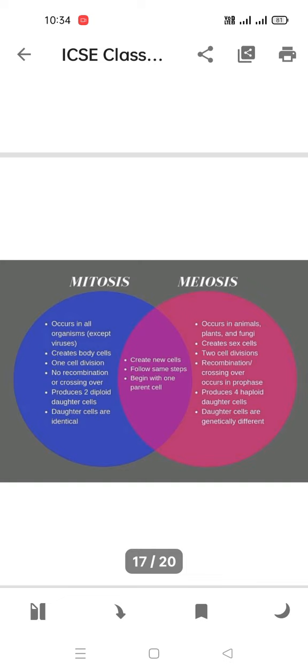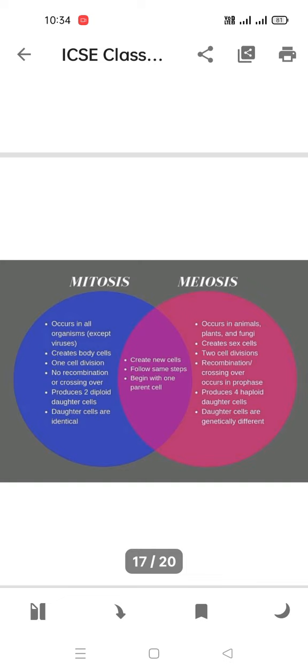नेक्स्ट माइटोसिस में क्या होता है? Produce two diploid daughter cells. वहीं मियोसिस में 4 हैप्लॉइड डॉटर सेल्स प्रोड्यूस करते हैं। माइटोसिस में 2 डॉटर डिप्लॉइड सेल्स होते हैं, वही मियोसिस में 4 हैप्लॉइड, नॉट डिप्लॉइड। डिप्लॉइड का मीनिंग होता है 2n, हैप्लॉइड का मीनिंग होता है ओनली n मीन्स सिंगल।